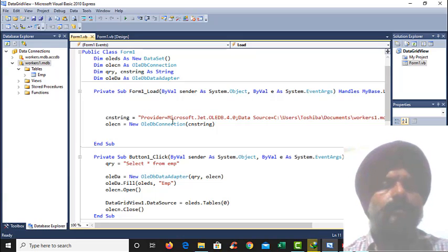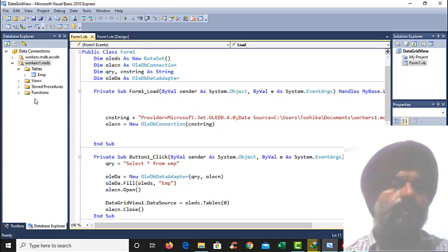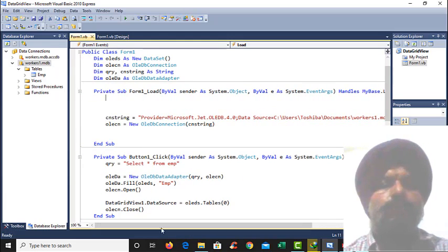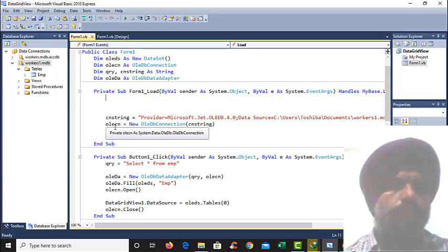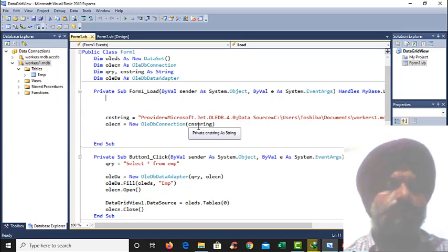If we establish the connection using programming, then we don't need this, we can delete this as well, right? So in the connection string we store all the connection path, and this connection string value is stored in an OLE connection type object. This is the constructor of it.